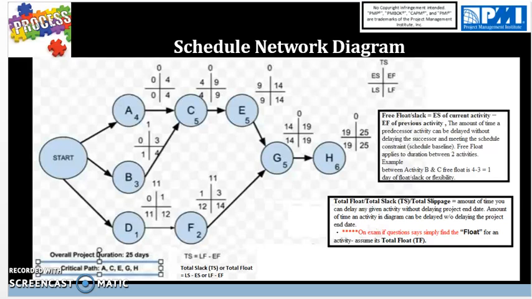Now the backward pass is going to tell us, now we have to take 25 minus 6 is 19. 19 minus 5 is 14. Now we take the 14 and feed that into the late finish of the previous activities, and then subtract the duration to give us the LS, the late start. So we have 14 minus 2 is 12, 14 minus 5 is 9. And then you take the same thing here, 9 minus 5 is 4, and then here you take 12, feeds